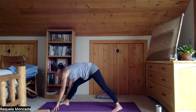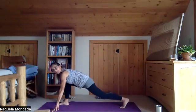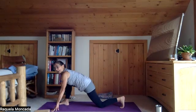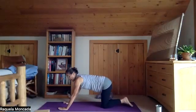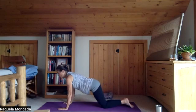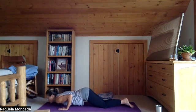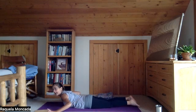Adjust your feet so the toes of your right foot are pointing to the front and your left heel is pointing down. Lower the left knee down. And then bring the right knee to meet your left knee. And then from here, with the hands under the shoulders, we're going to lead with the chest, flex the elbows, and then slowly lower the chest, lower the belly, lower the pelvis, lower, straighten the legs,